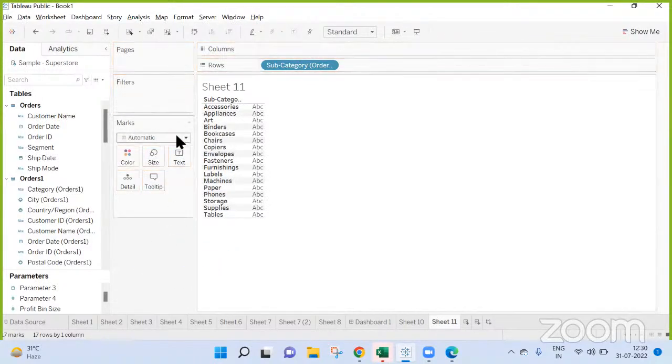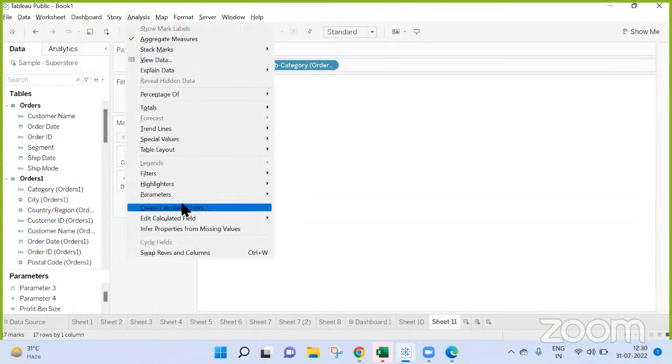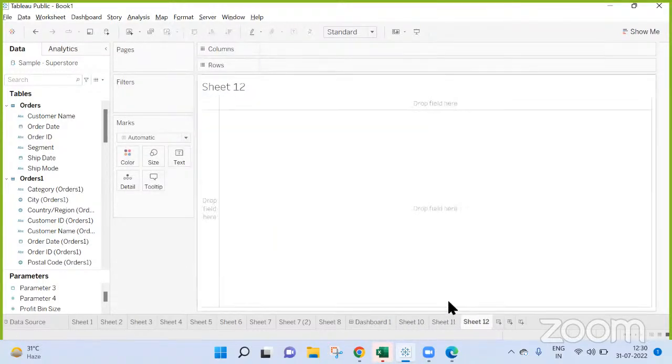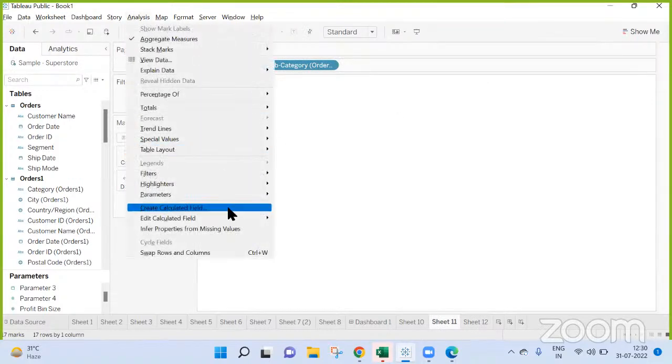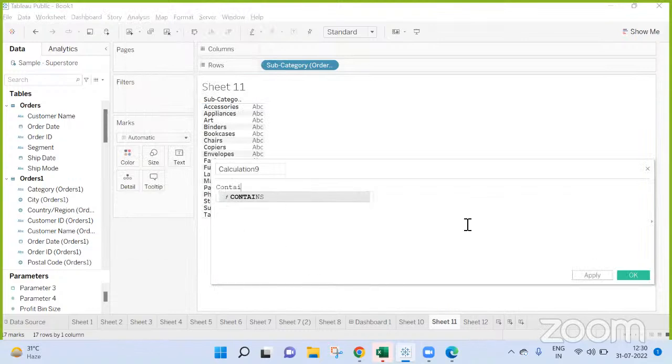Now my point is, if this is your dimension with all these, then I will write a condition: contains subcategory, only subcategory, not order names. Okay, fine.